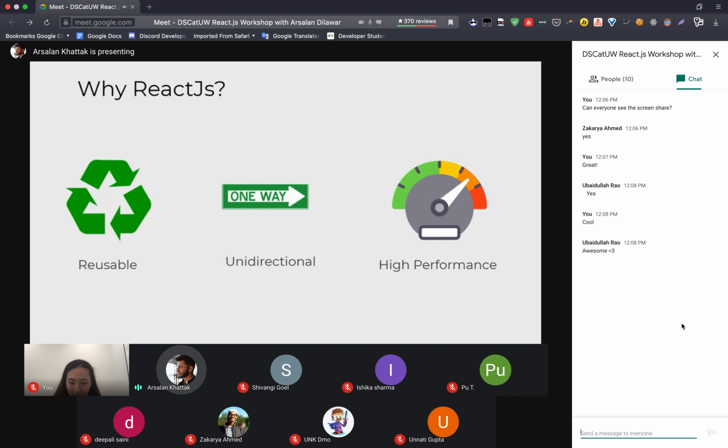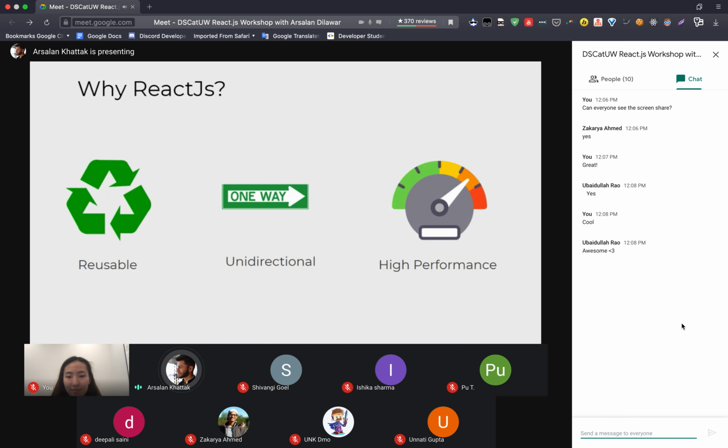When you are working with normal JavaScript apps, one of the issues is that when you want to change something in the HTML, your JavaScript needs to look up the DOM content, the HTML content, and that takes some time. Whenever you want to change something, JavaScript needs to look up in the DOM and search for that specific node. For example, if you want to change a heading, JavaScript will search for that heading and then change it. So that is time consuming.